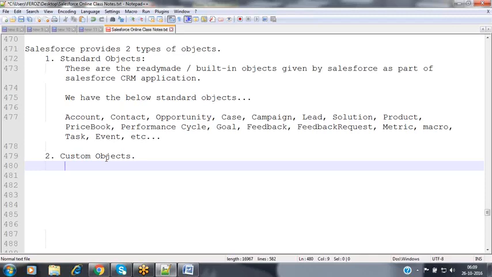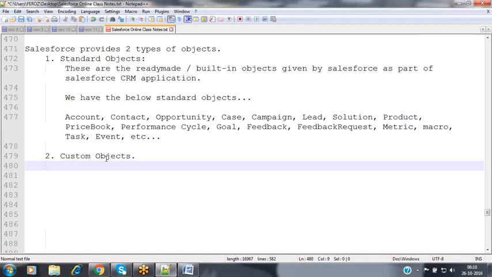They have given that flexibility, not only for creating your own custom application. If it requires adding your own tables, then we can create your own tables also by using these custom objects. Custom objects are nothing but the custom tables created by the developer or the administrator. Only the developers and the Salesforce administrators have the rights to develop, that is, create, those custom objects. The remaining people can just use them. They cannot perform any operation outside that. They cannot create any more tables, they cannot modify any tables, and they cannot delete those tables from that objects.